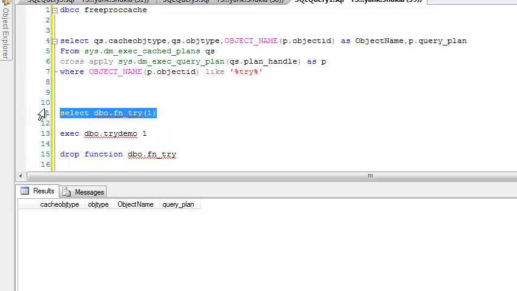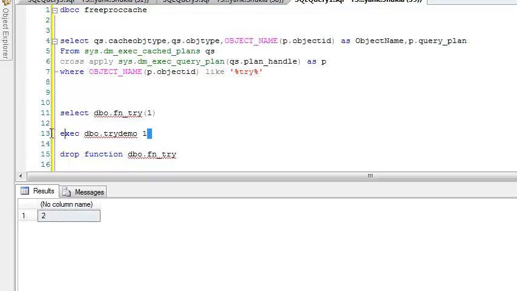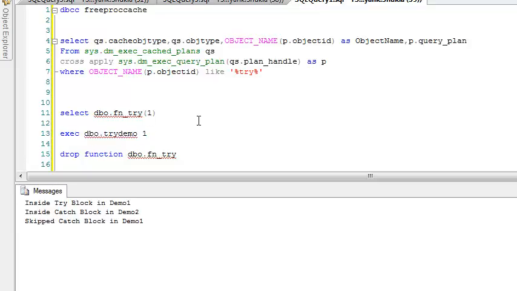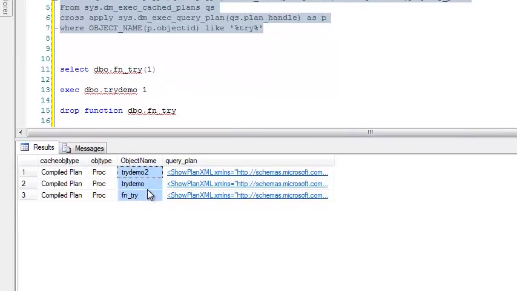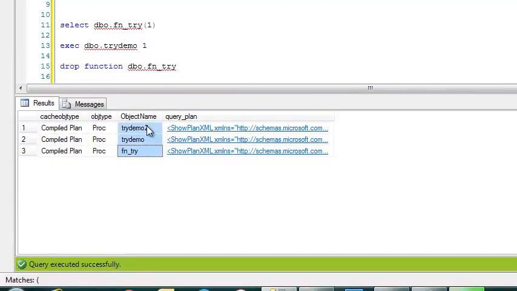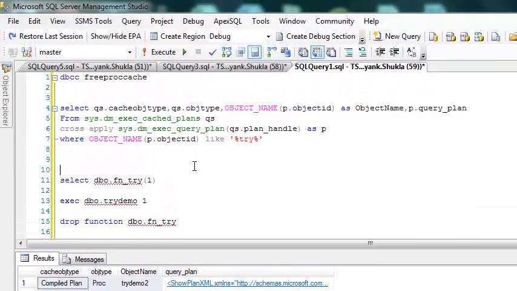So I'll give an execution of the function and an execution of the stored procedure. Now let's see what has happened. Now you see my stored procedures and functions all have been cached to memory. All are compiled plans, and whenever I use this, it will take the compiled plans from this cache, right? So that is the way it works. So we have seen two things today about the recompilation and compilation concept of functions and procedures, and the restrictions on user defined functions. Thank you.